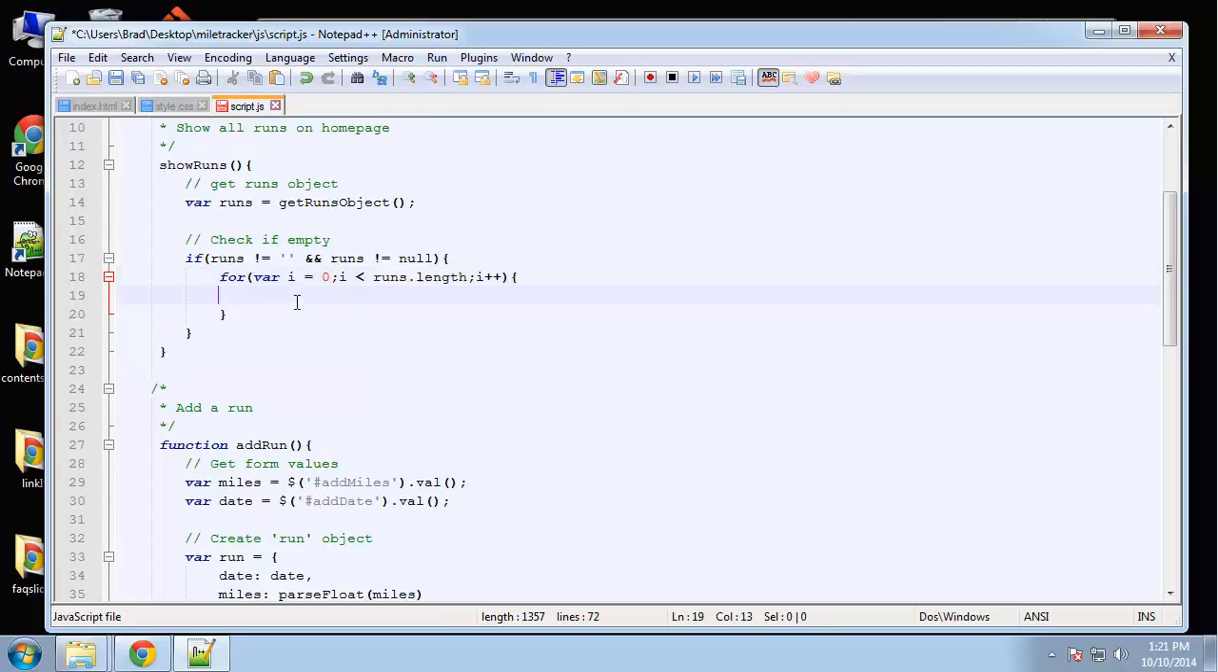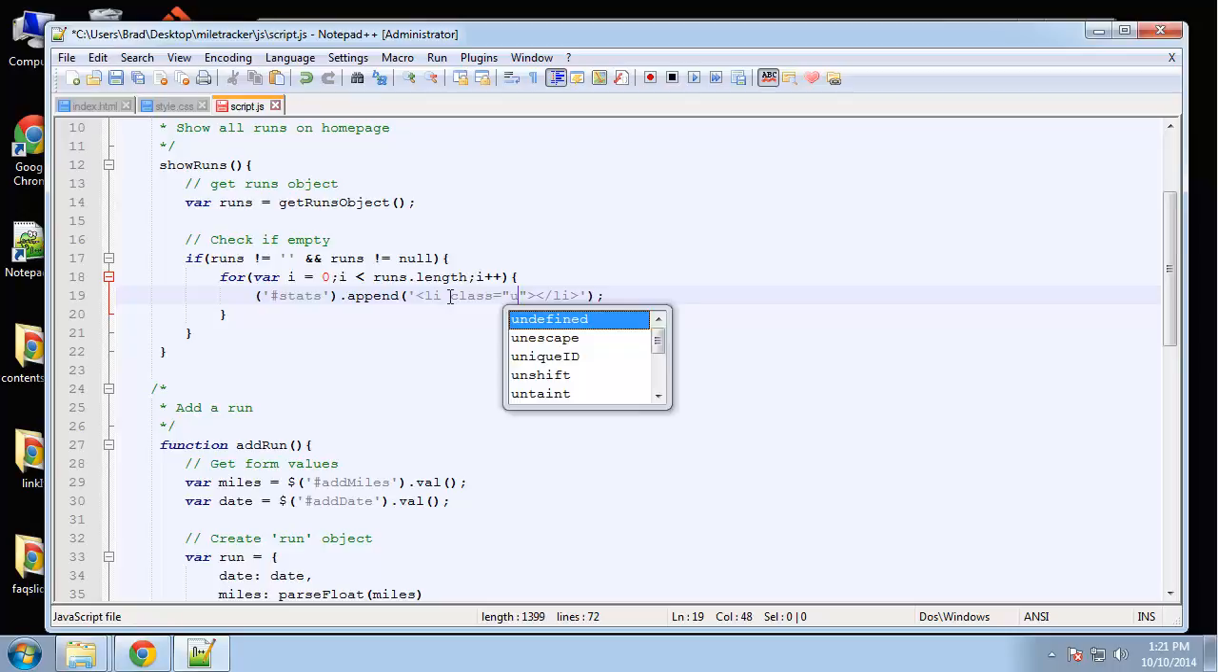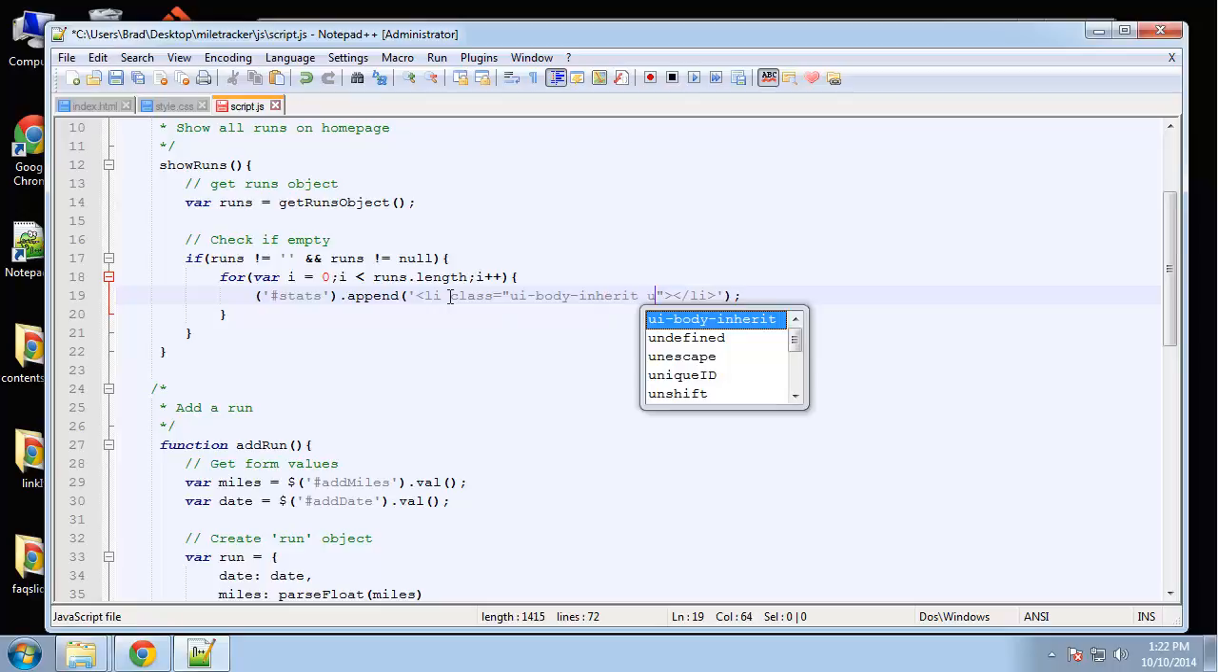Alright, and then what we want to do is append to our stats list on the home page. So stats, then we want to say dot append. Now there's going to be a lot of stuff in here. First of all, it's going to be a list item. I think we need quotes. Okay, the list item is going to have a few classes. Okay, it's going to have a class of ui-body-inherit,